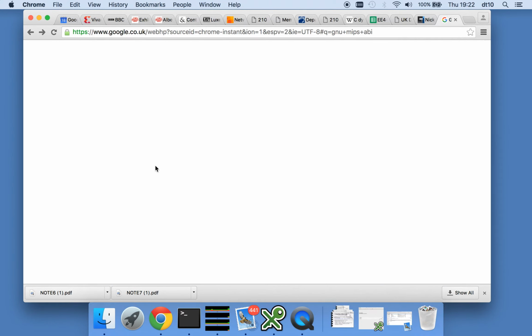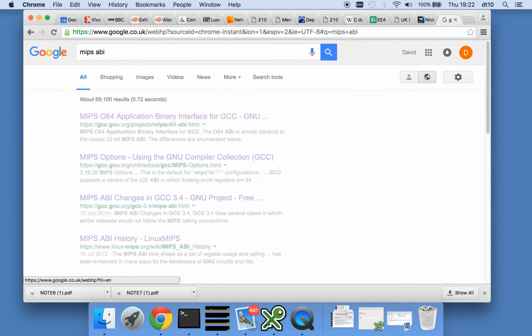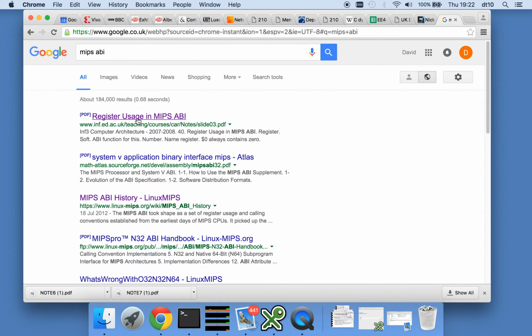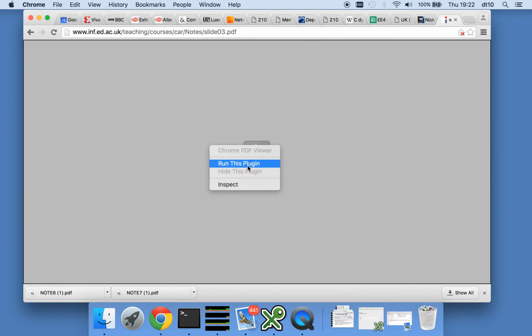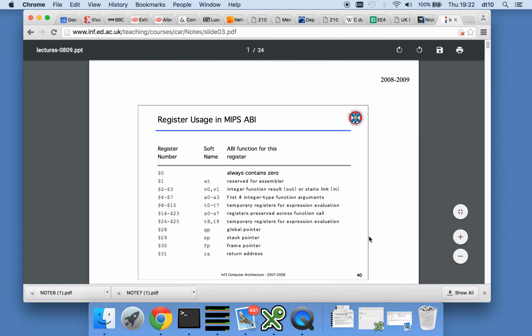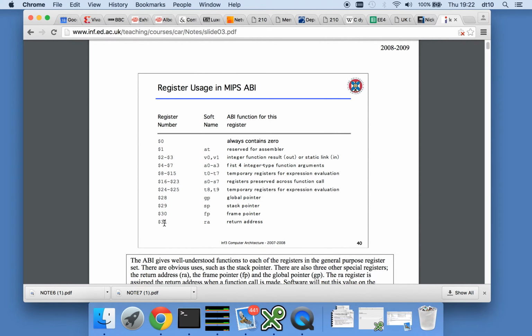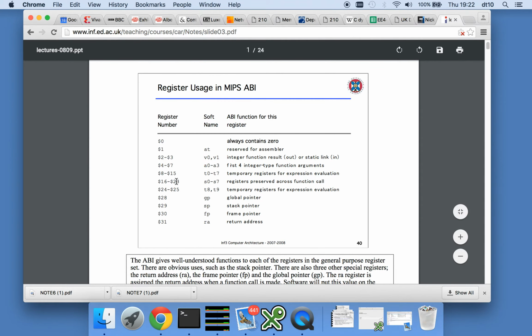That's 64-bit. Let's just search for MIPS ABI, it's probably easier. So here is a fairly typical document. And this is a listing of all of the numbered registers that we know from MIPS. Bearing in mind that in MIPS, none of these registers are special apart from 0, so there's no meaning to